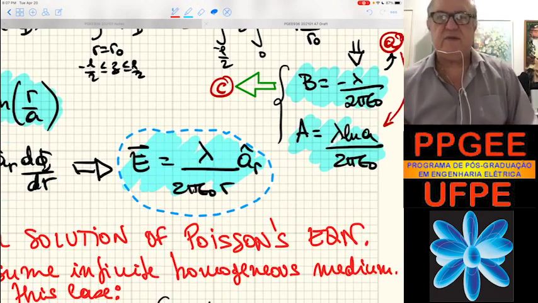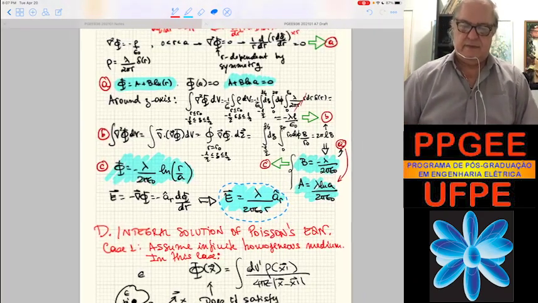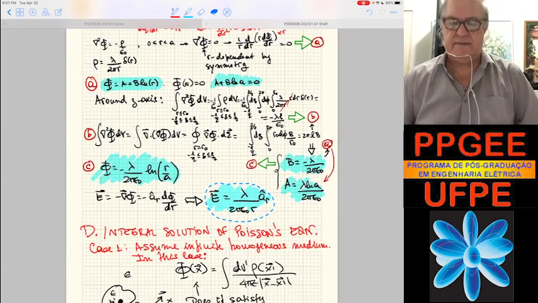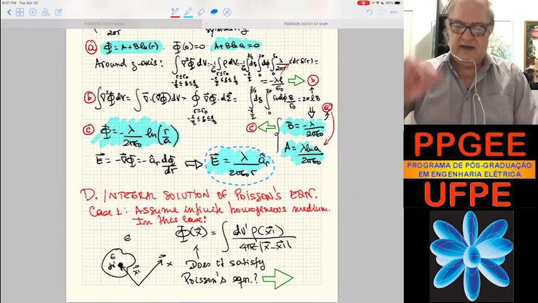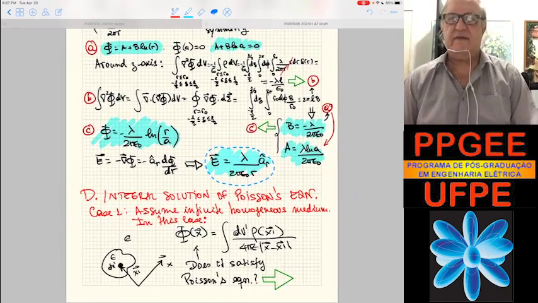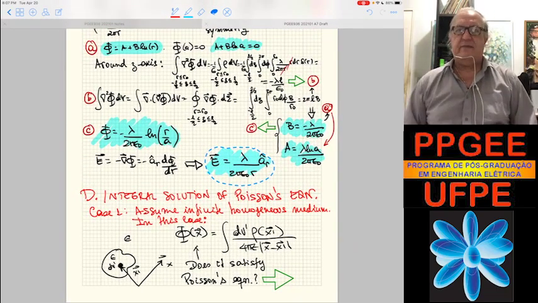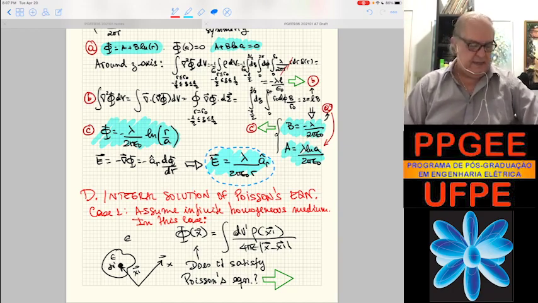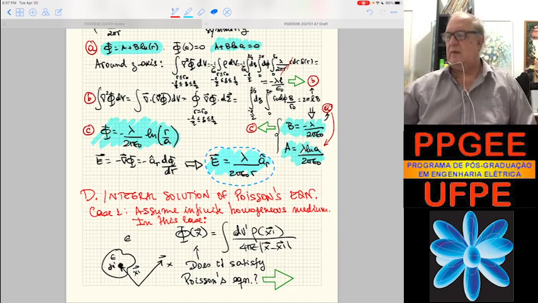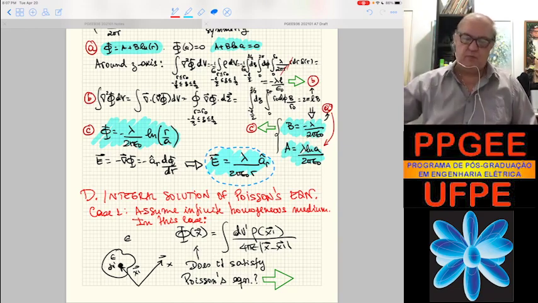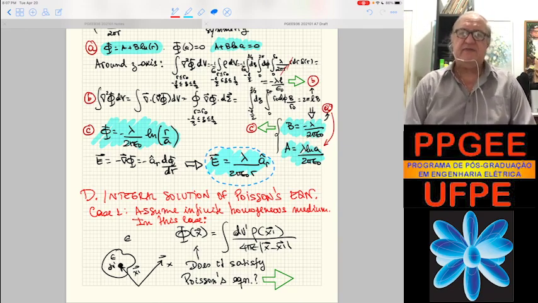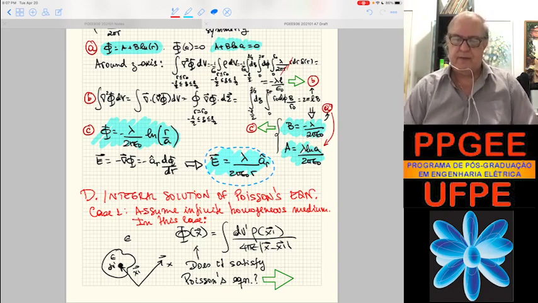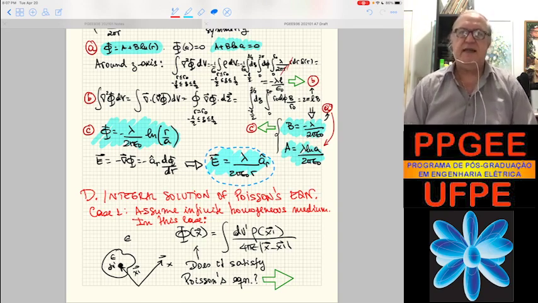Now solving Poisson's equation. Okay, so these are some examples of high symmetry situations in which we have very well behaved surfaces, in which the dependence is only on one coordinate. Let's find the general solution of Poisson's equation. Initially, let's assume